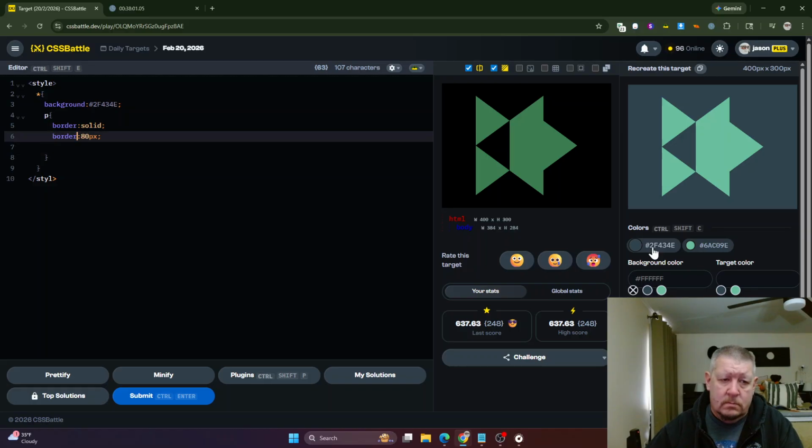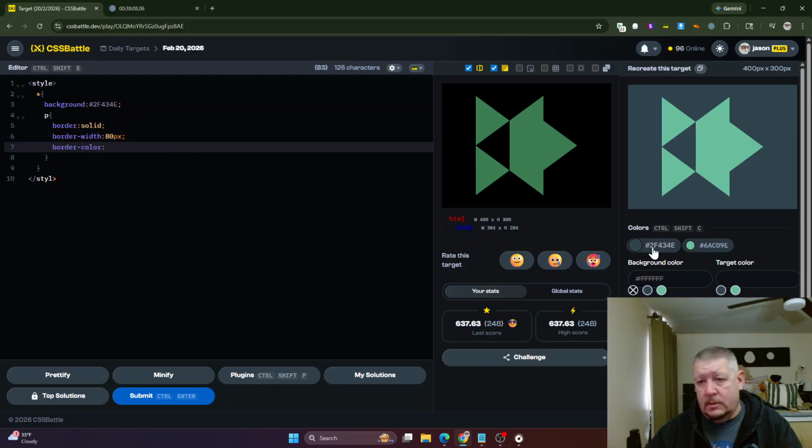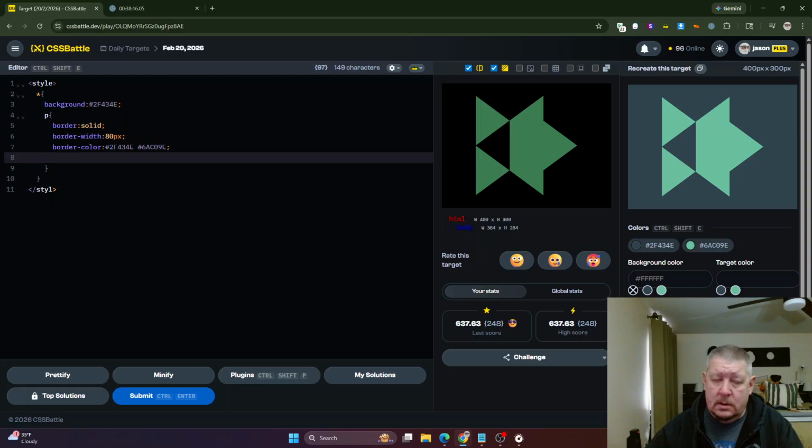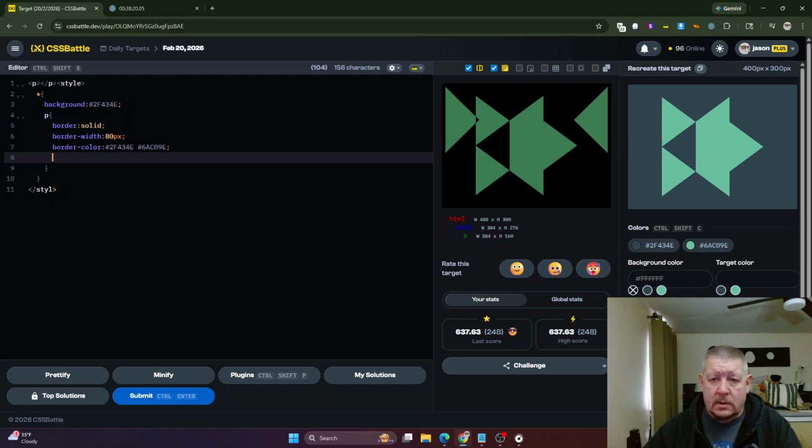Nope. Width, 80 pixels. Border color. This color and that color. I need to see this paragraph tag at some point. There it is. Margin 30. Right margin is going to be 200. Bottom doesn't matter. And then